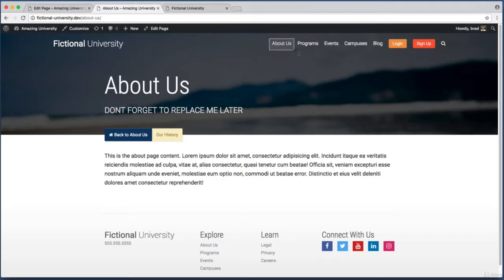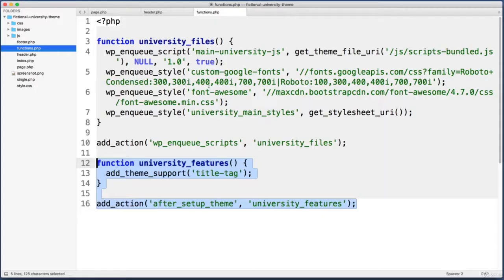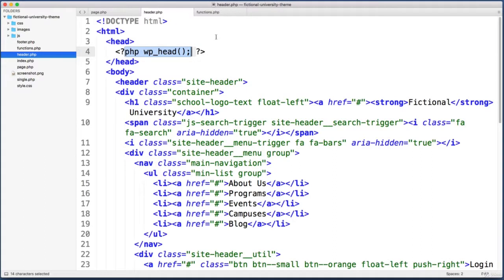Let's start with the About Us header link. So in our theme folder within header.php, just a bit down from the top, here we see the About Us link. So let's delete the placeholder hashtag, and technically we could just say /aboutus. And that works if you're using a developer domain like we are,